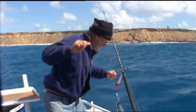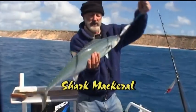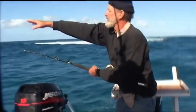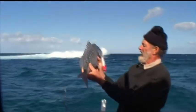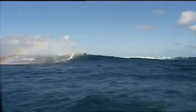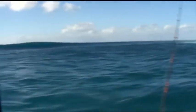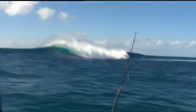I don't know how much longer we can stay here, but oh, got a very nice fish here for tea. Some really big waves building out here now, and I've just got a lovely pink snapper on the Halco. Look at it, move. Now just hang on. Yep. Get out of here. Right, hang on,